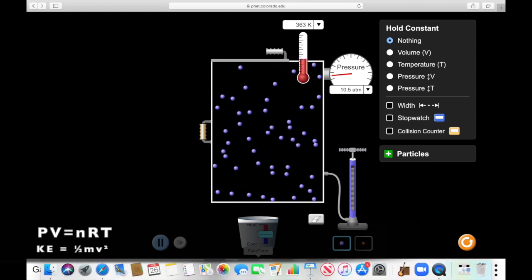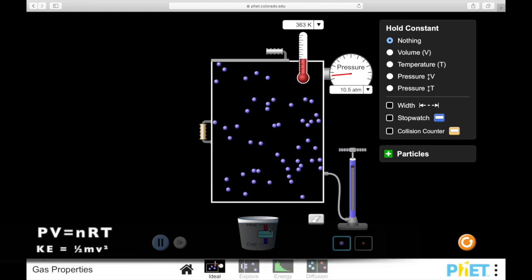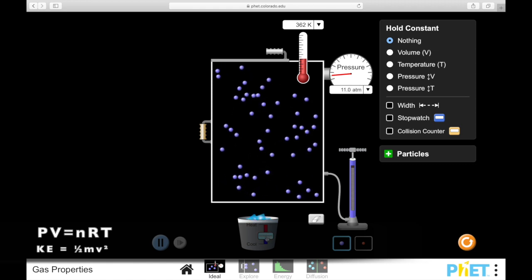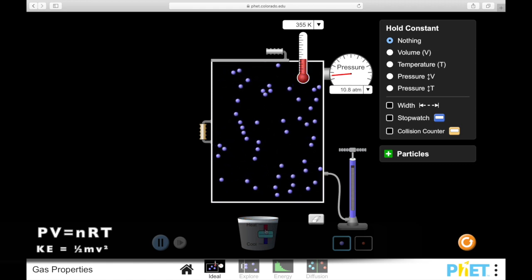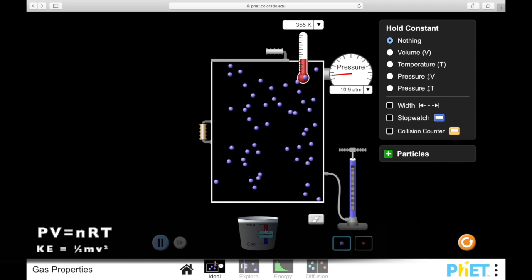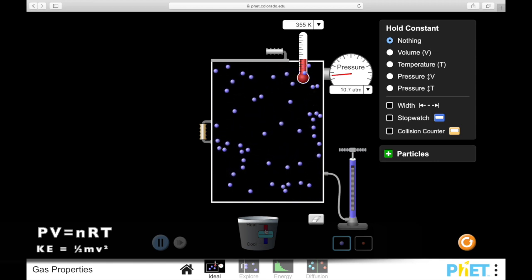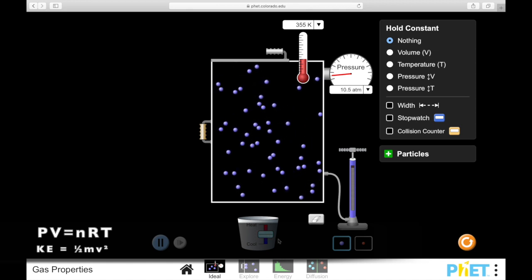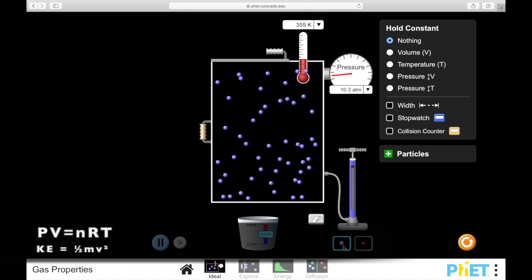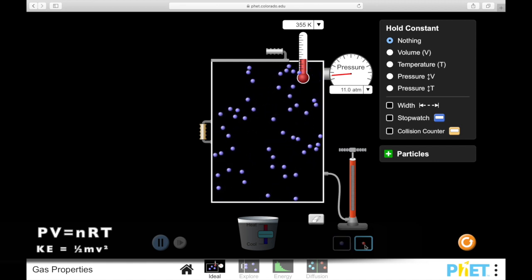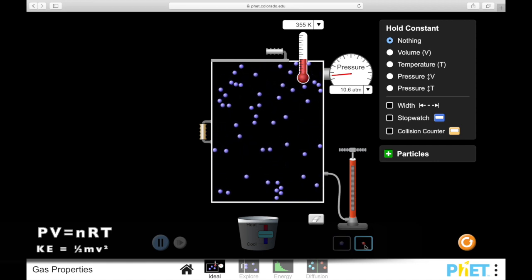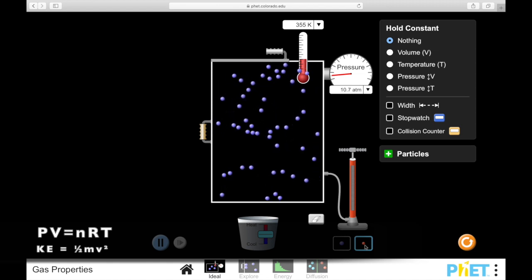Let's get this going so we can get the pressure as close as we can to 10 so things can be easy to work with. All right, good enough. Take a look at the pressure. We have a small red particle that we can use and add instead of the big blue one. So my question to you is, if we added 1 mole of this smaller red particle to the